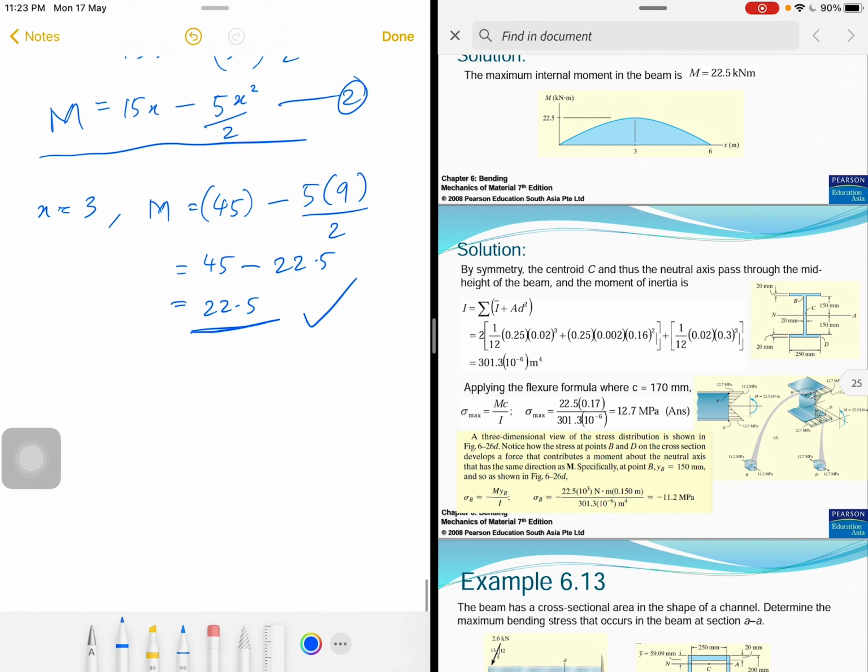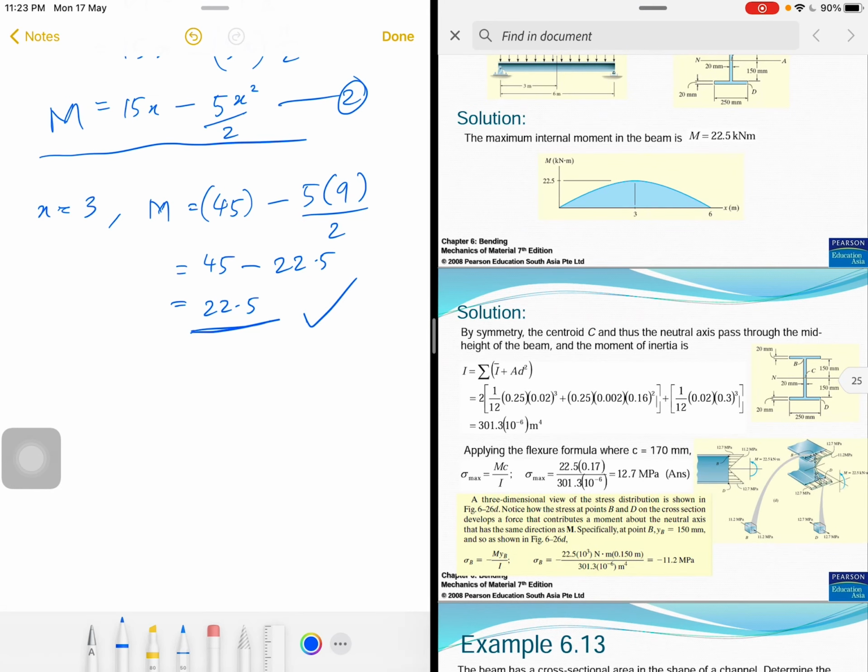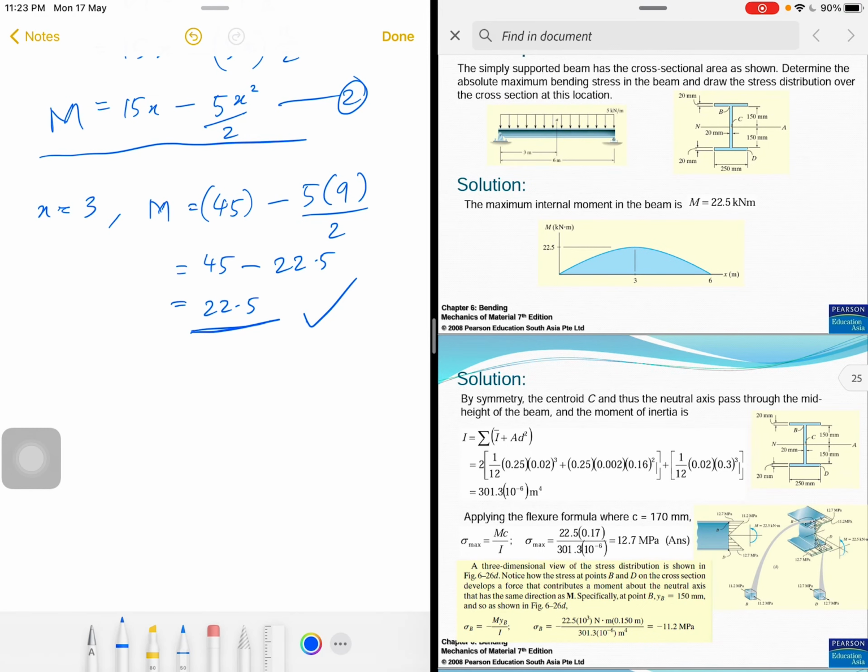That's why I do this example, so that you can see how we can solve this problem. So right now we have found the m,